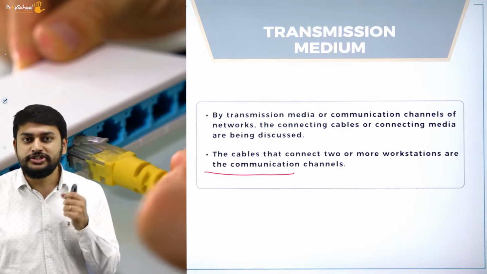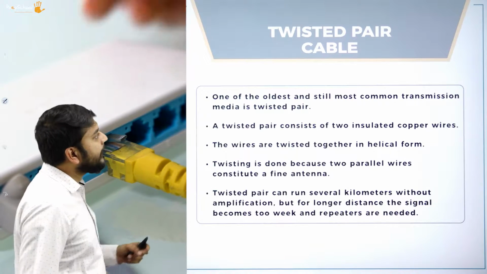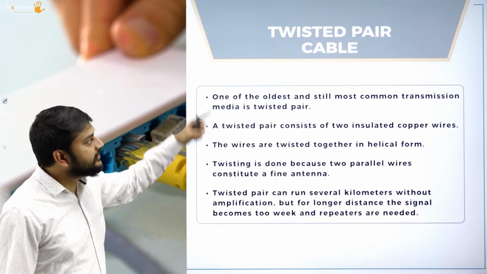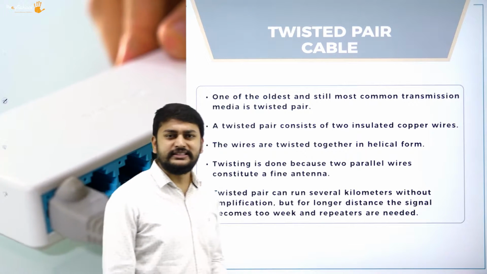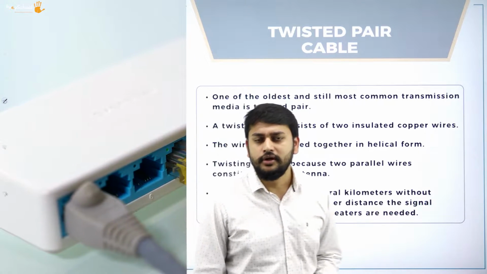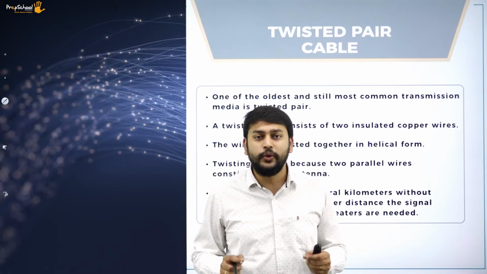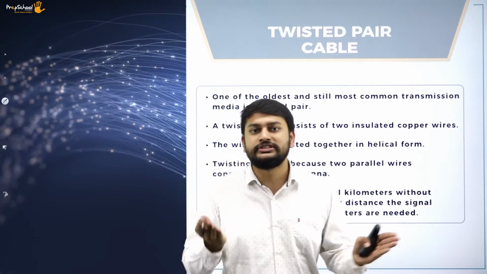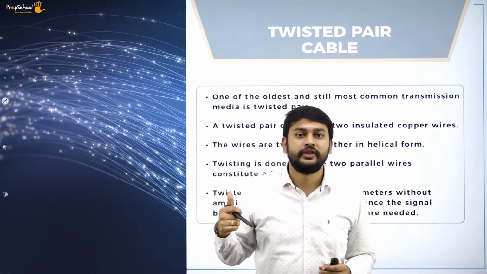All right, let me check out what is the first one that we have for the day. We have a basket. In our basket, the first one that we have is twisted pair. What exactly is twisted pair all about? It's one of the oldest cables that we had. So we had two cables which are twisted in the form of a helical structure.